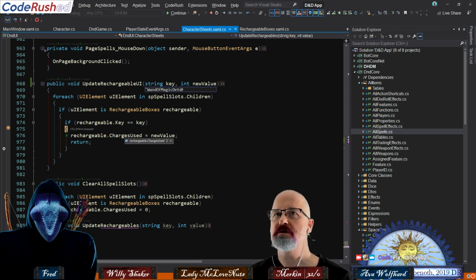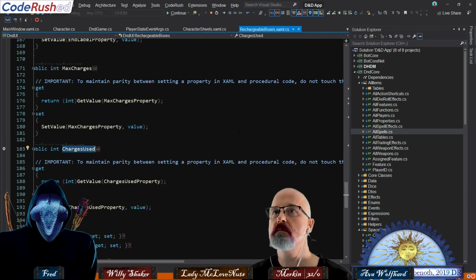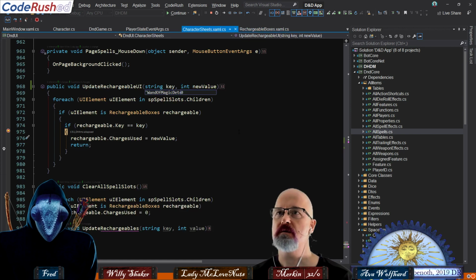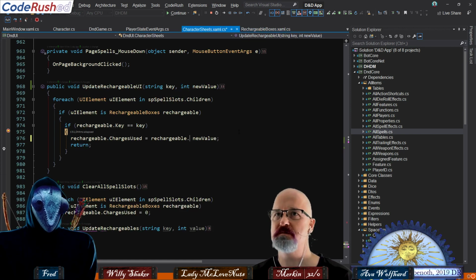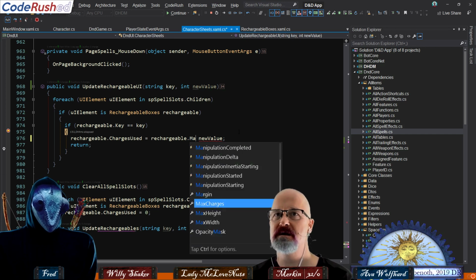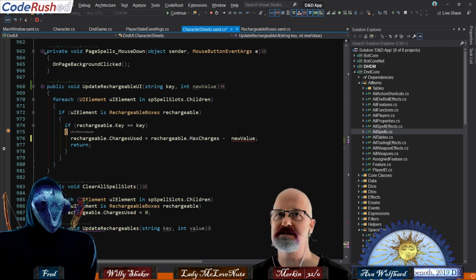So the problem isn't charges used, this is charges remaining. So I think what we have to do is say charges used is equal to rechargeable dot max charges minus new value. That's what I think we're going to do here.